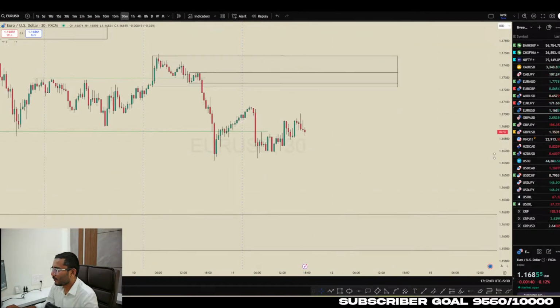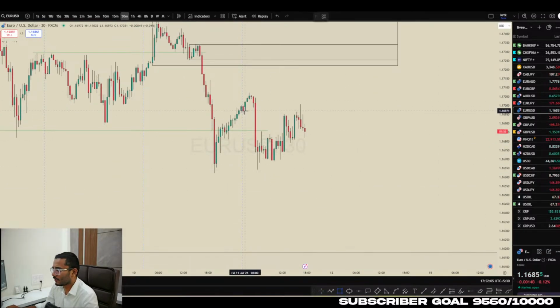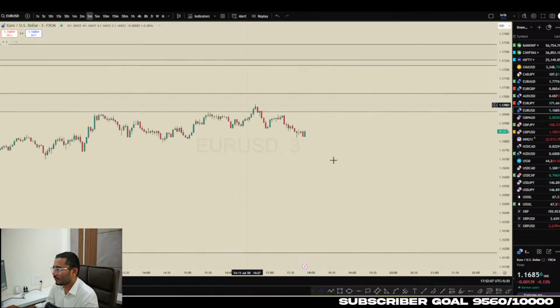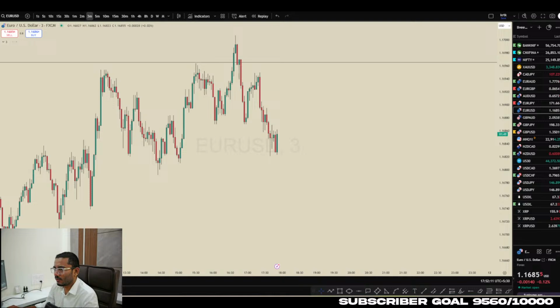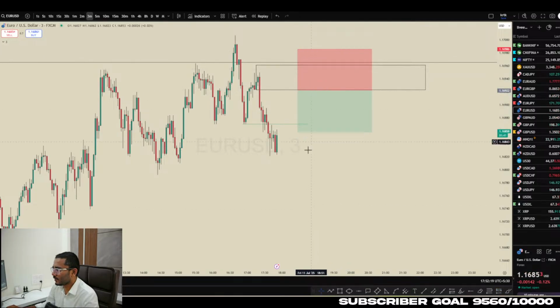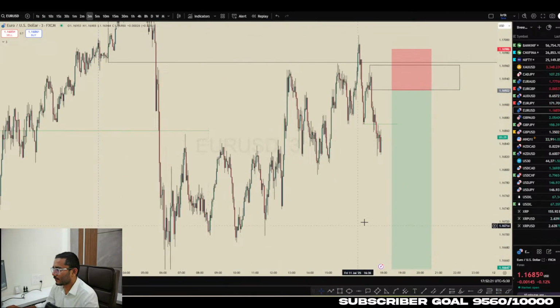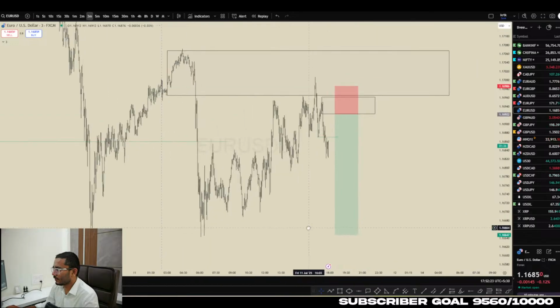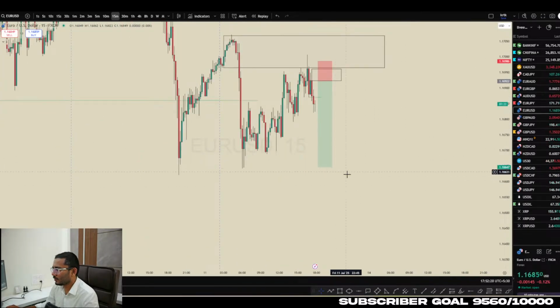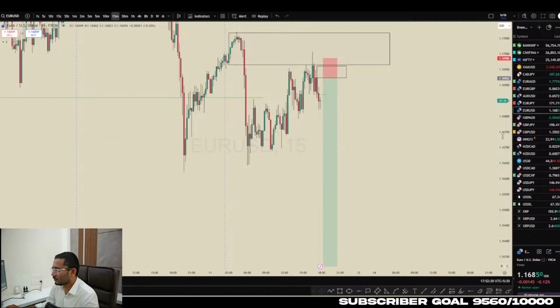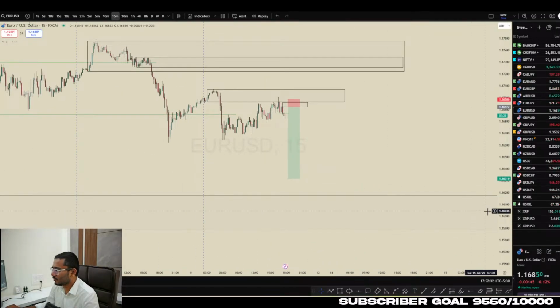So price has already mitigated this order block here. Now what we can look for is sell side trades at this order block. We need to wait for price to create some more liquidity, and we can target this equal, not equal lows, but